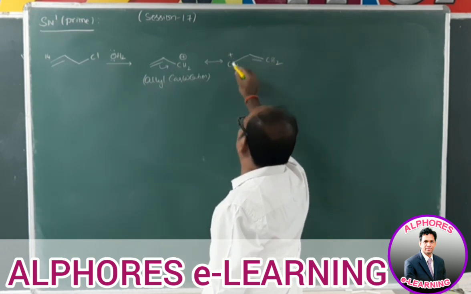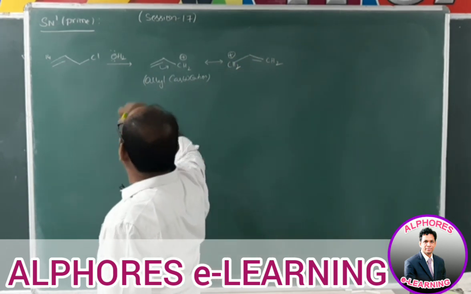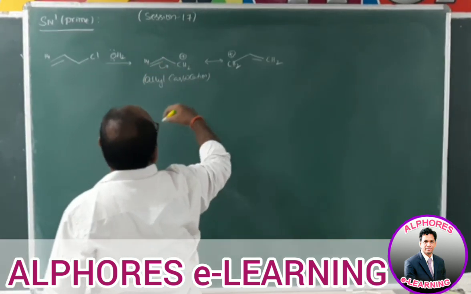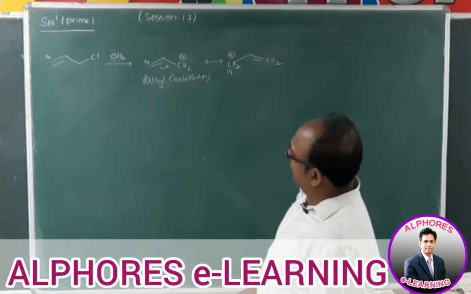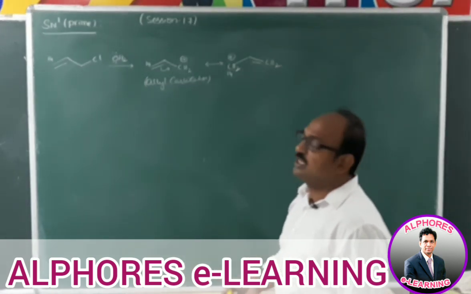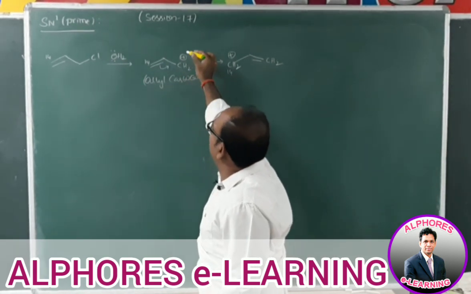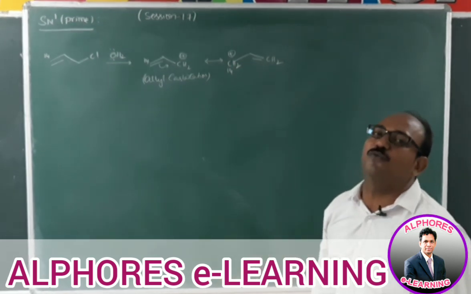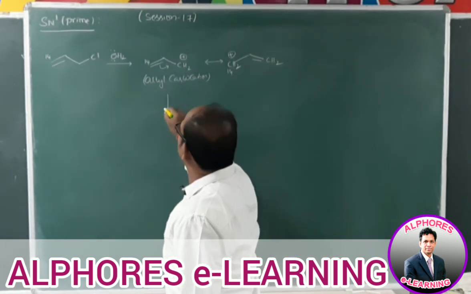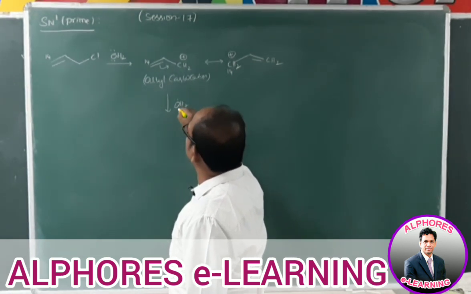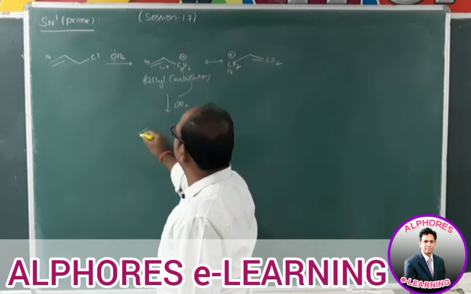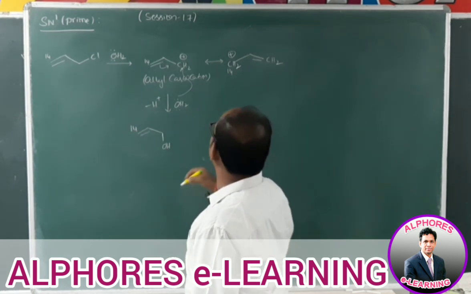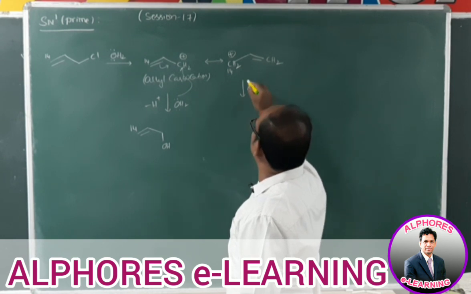So the positive charge is located on either of these two carbons, and we are distinguishing these two carbons by using the C14 isotope. So there are two resonance structures, of which in one the positive charge is located at C12 and in the other the positive charge is located at C14. Now a nucleophile, the water molecule, approaches either of these two carbon atoms. If it attacks upon this one, resultant by deprotonation we are getting an alcohol like this, here C14, and this is one product we are getting.